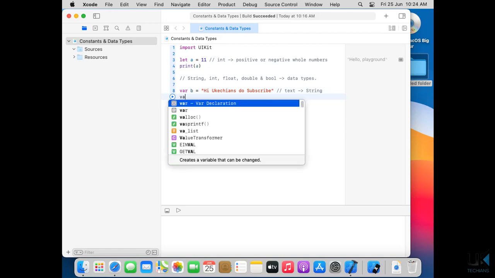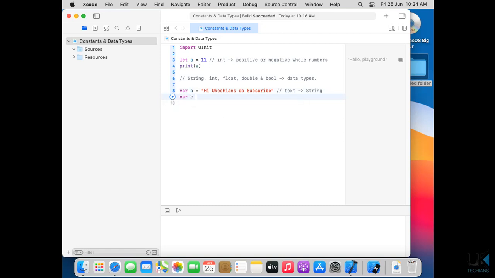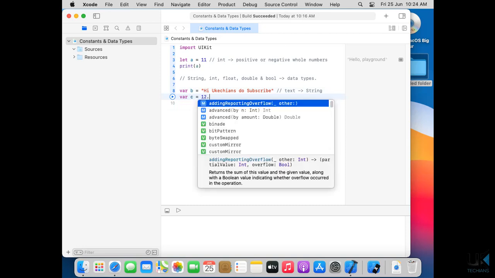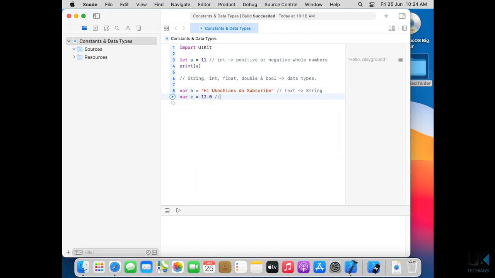So let's say we use var c equals 12.0. What it denotes is that we are initializing a float variable that contains decimals, right? So the variable c is a float. If we do the same for the d variable, it will say double, and double means a long decimal value, right?